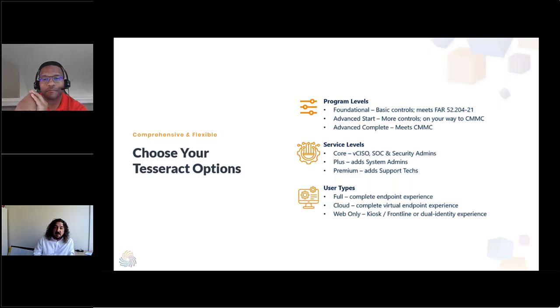Those hardening security administrators, the security baselines, and then the security operators. Plus and premium add 2 different levels of IT support. If you've got an IT team internally that you love, we can work with them. If you have a managed service provider that does IT but doesn't do security that you love, we can work